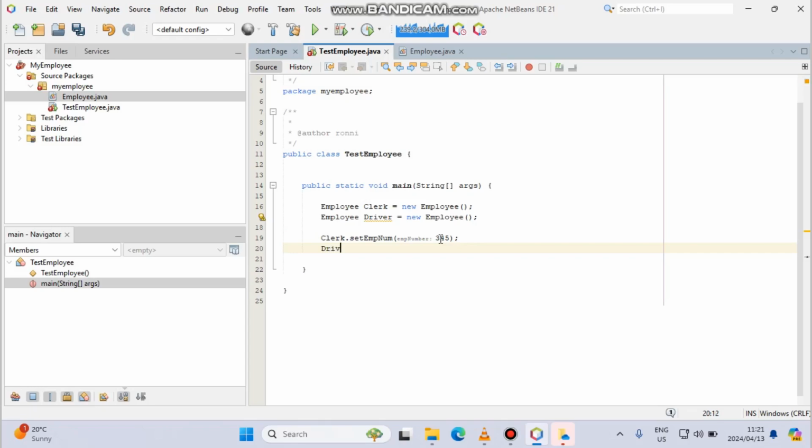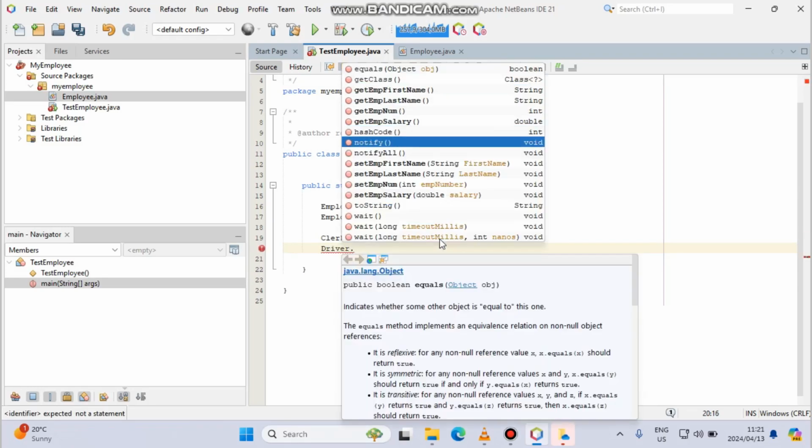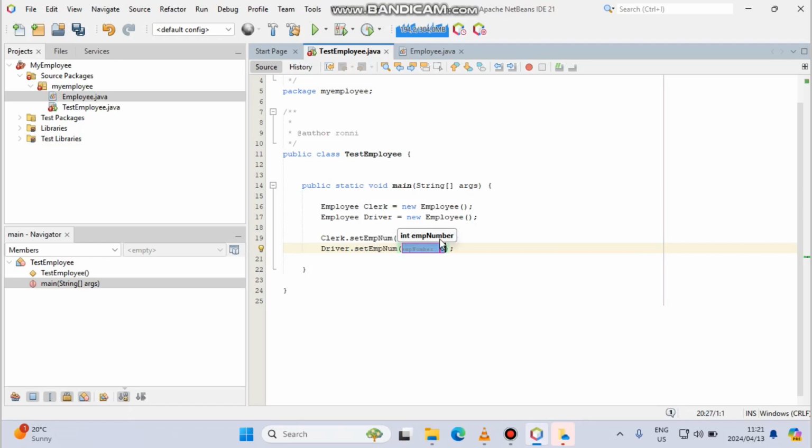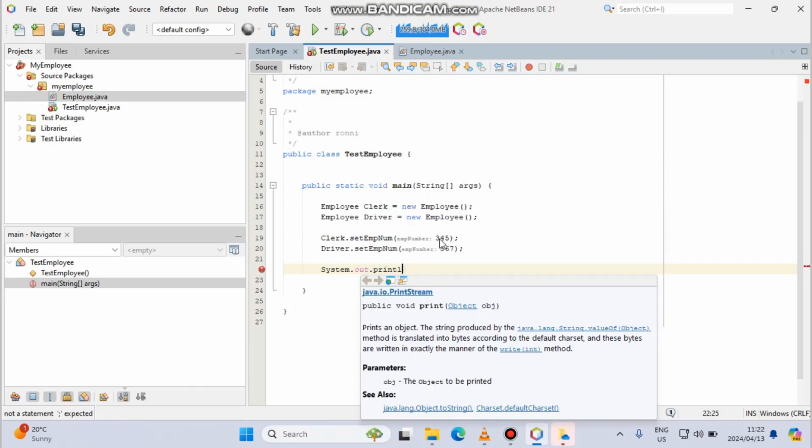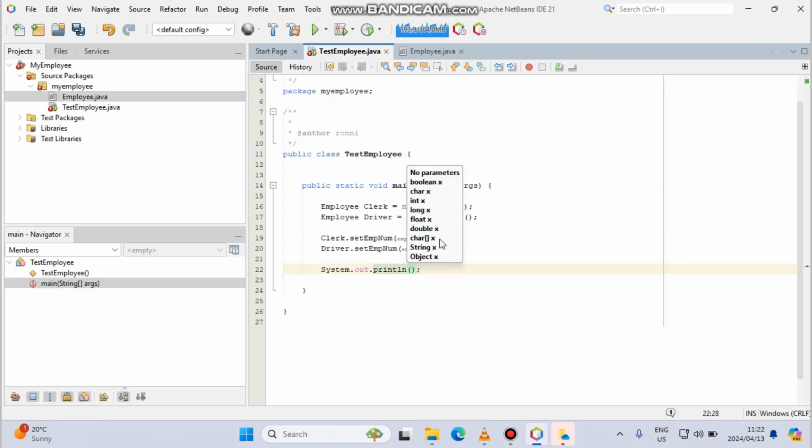Drive also. Set the number 567. And System.out, because now I want to just see the information about those. I'll say now the clerk employee number is,